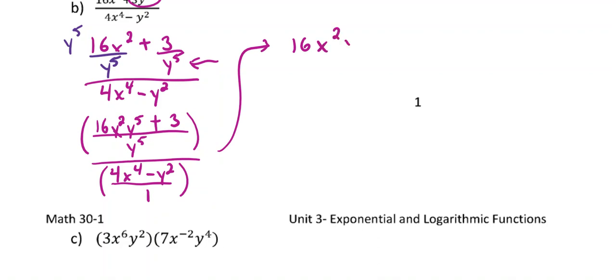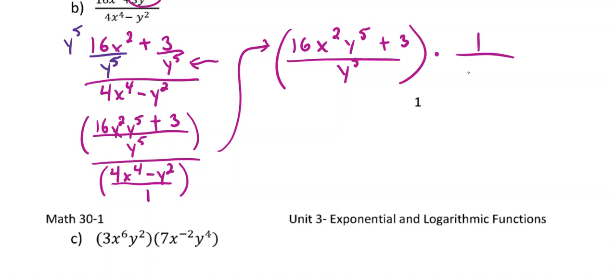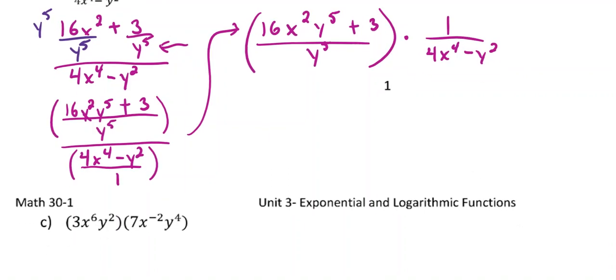x squared, y to the 5, plus 3. And then that was like y to the 5. And then times 1 over 4x to the 4 minus y squared. So just writing that a little bit differently, we'd write that as 16x squared, y to the 5 plus 3